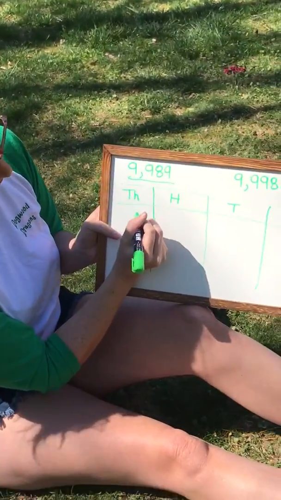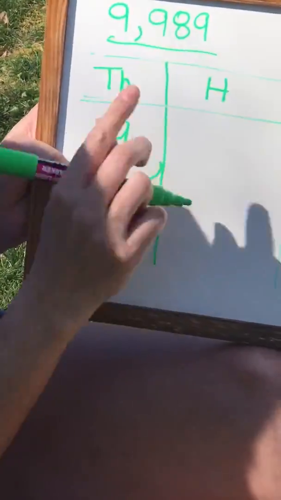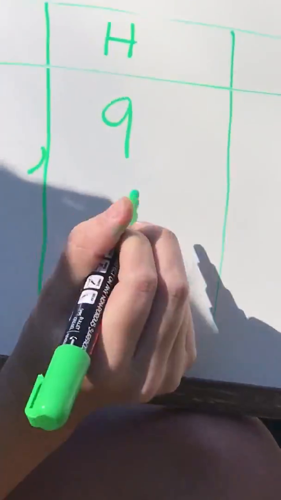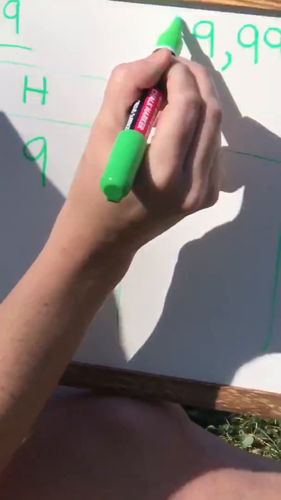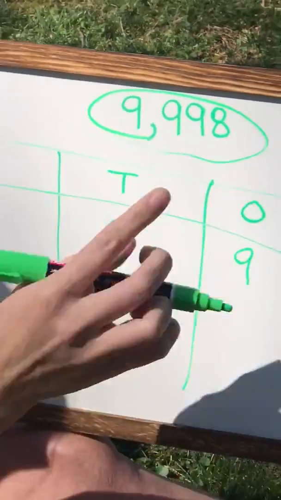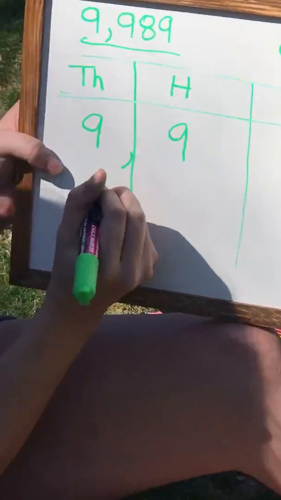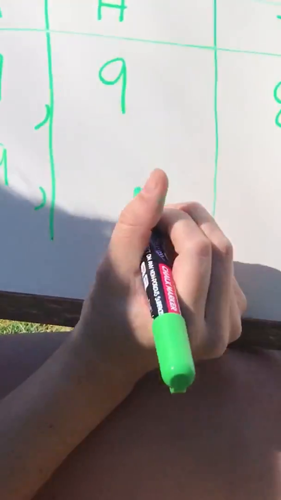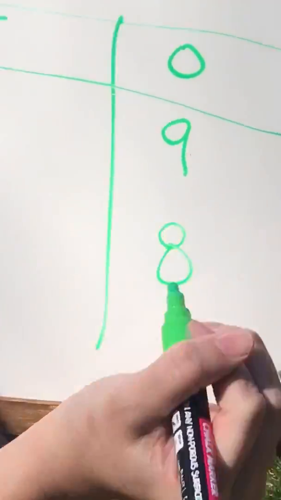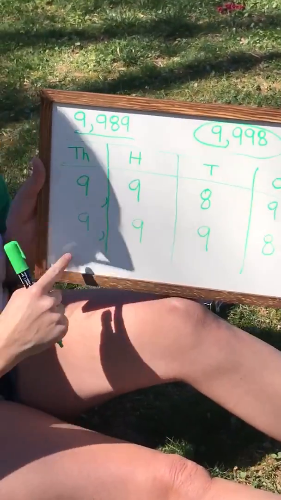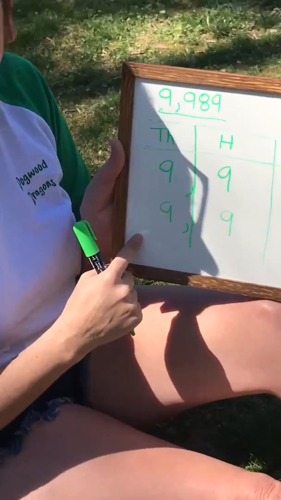9,989. For my second number, 9,998. Now, starting with the biggest in the columns, the thousands column in our place value chart, we're going to